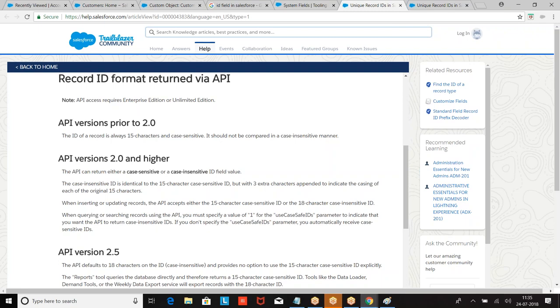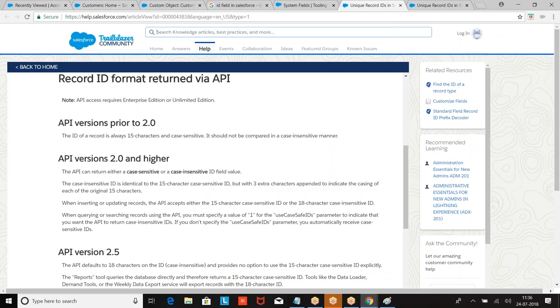Total how many characters? 18. Basically it is a 15 character ID, but 3 more characters are appended to remove the case sensitivity. So actually only one ID.